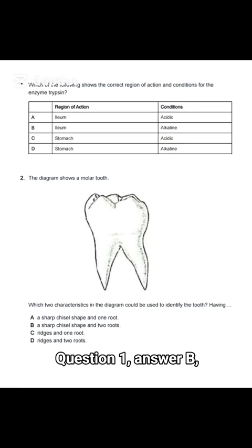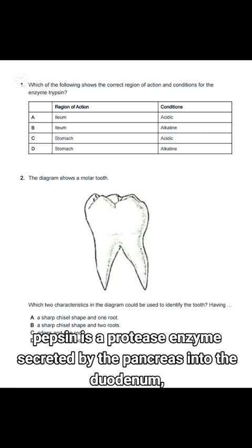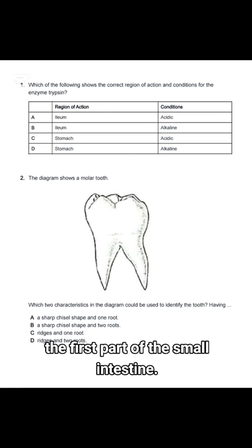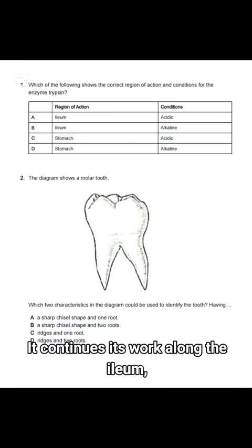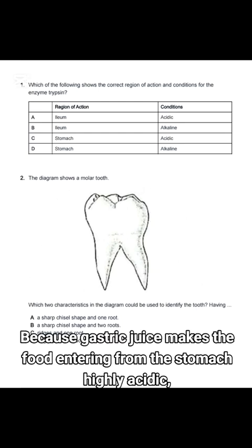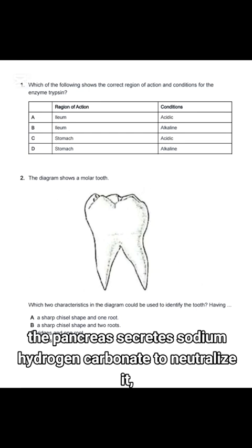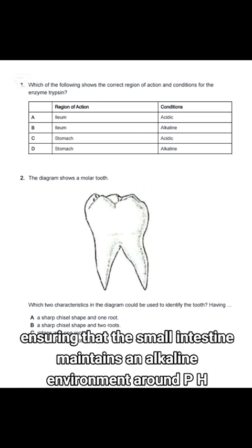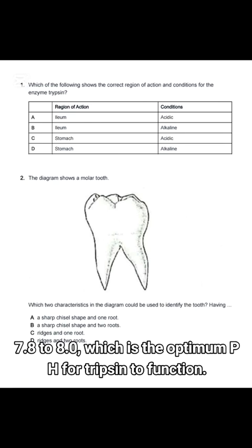Question 1. Answer: B. Alkaline. Explanation: trypsin is a protease enzyme secreted by the pancreas into the duodenum, the first part of the small intestine. It continues its work along the ileum, small intestine. Because gastric juice makes the food entering from the stomach highly acidic, the pancreas secretes sodium hydrogen carbonate to neutralize it, ensuring that the small intestine maintains an alkaline environment around pH 7.8 to 8.0, which is the optimum pH